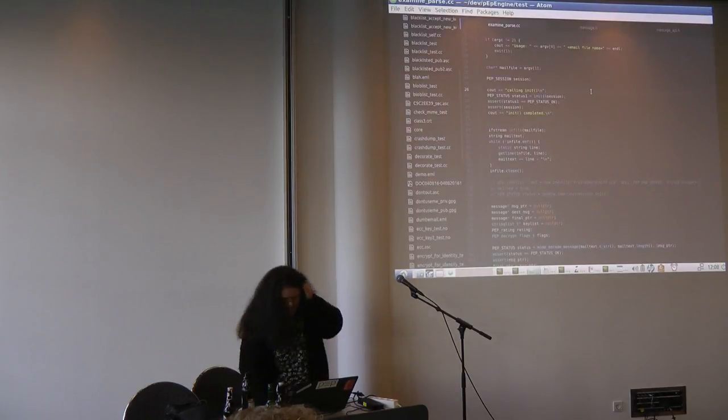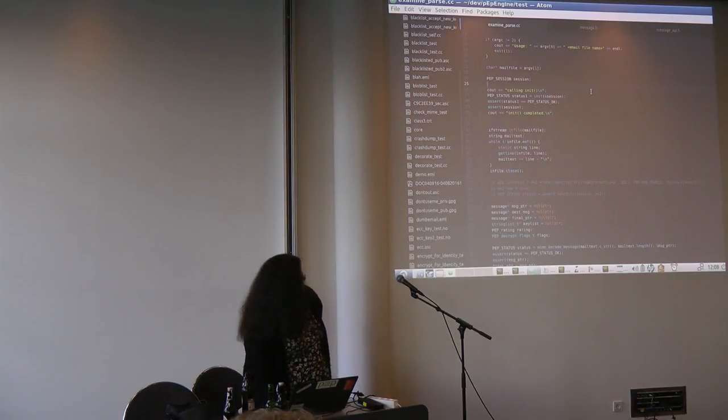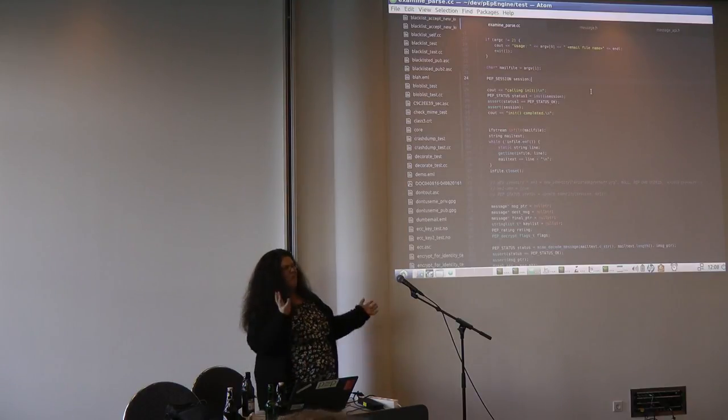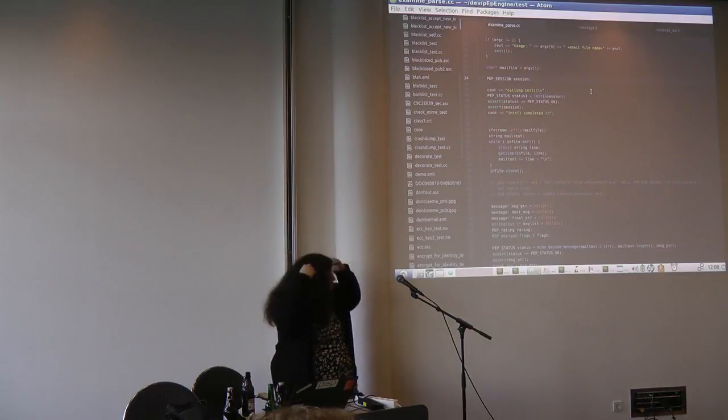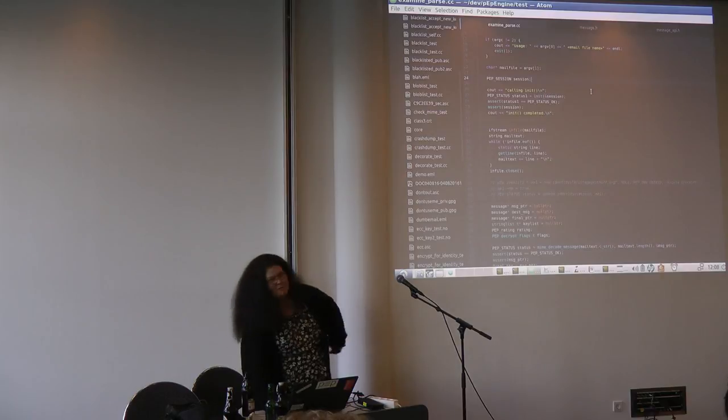So I have a stupid little script that I use most of the time when I'm debugging, if I just want to set breakpoints and see what's going on when I'm doing decryption. Sometimes it has encryption calls in it as well. Just so you have a little idea of how this is used, you don't have to recall any details of this, and I know I have a couple of people in here who are non-technical, but don't worry, this is a very simple example of how, from the engine point of view, we actually use this stuff.